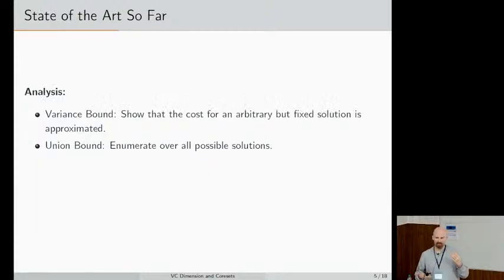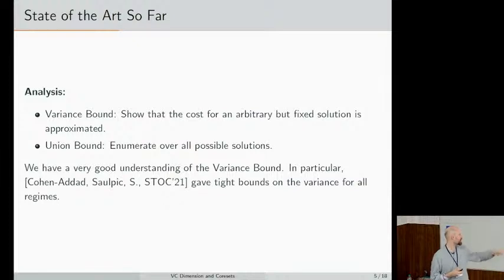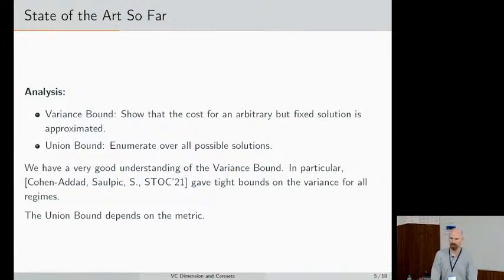Okay, so if you are trying to get into coresets, there is some good news. That first step, the variance bound, is essentially taken care of at this stage of coreset research. So for all, I would say, useful algorithms that you might consider, we have a very good understanding of the variance, right? So you don't have to design a new, better estimator. You just find the corresponding lemma in the literature, and then you plug that into what you still have to do, and that is the second stage, which is the union-bound stage.